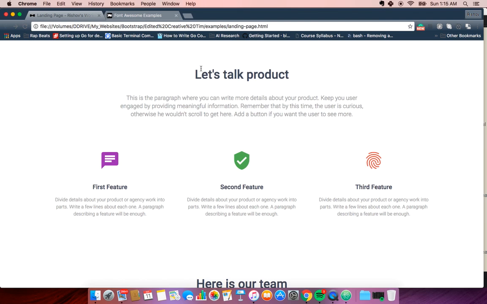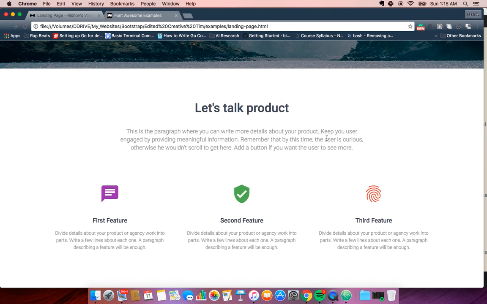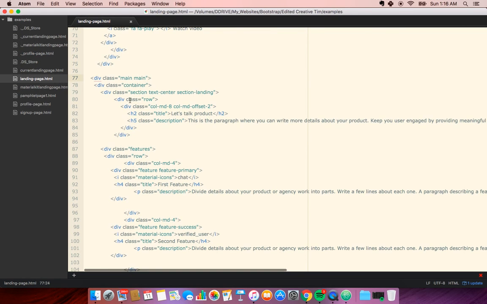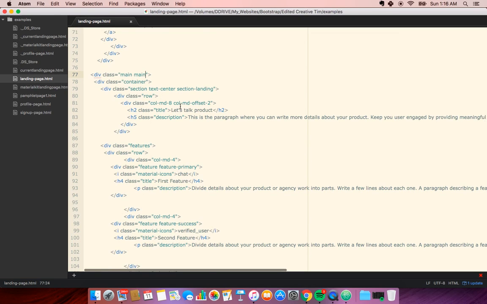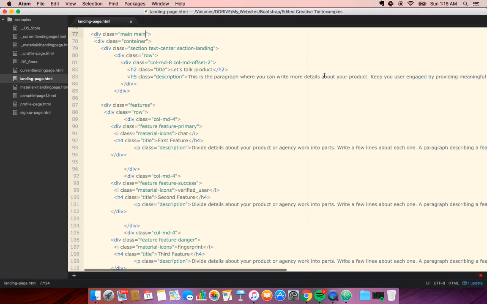So Let's Talk Product, and then below that we have some information here. And the reason that this is also specified in the center is because this is also a part of that row, right? So whatever that formatting is, the offsetting and the column D, however it's spaced, all of that is done in the same row. So as you can see here, we have a title that says Let's Talk Product,